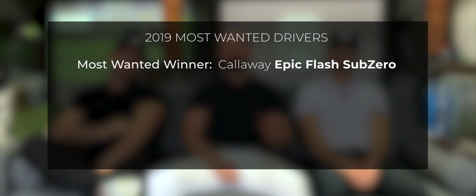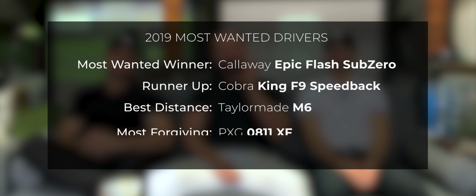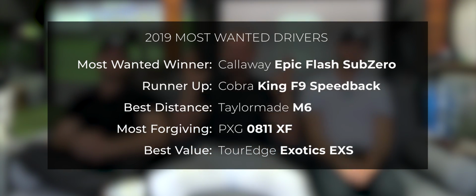So that wraps up the 2019 Most Wanted driver tests. And as you can see, we've got the top 5 drivers that we've shown you, which is the Callaway Epic Flash Sub-Zero, the Cobra King F9, the TaylorMade M6, the PXG 0811 XF, and the Exotics Tour Edge EXS driver. At the end of the day, these are the top 5 drivers that we think you should be out there